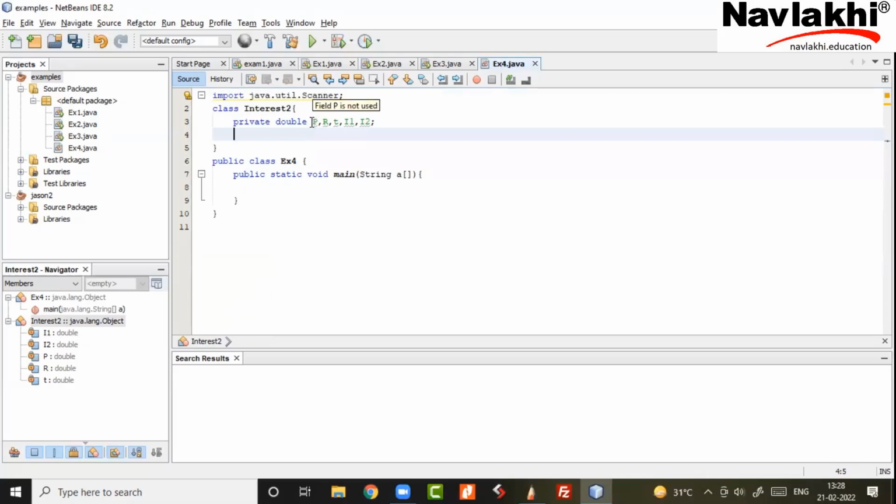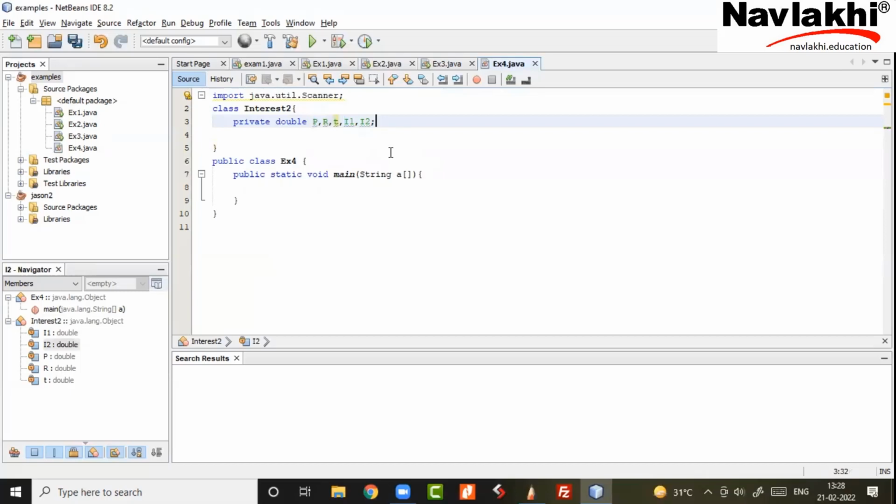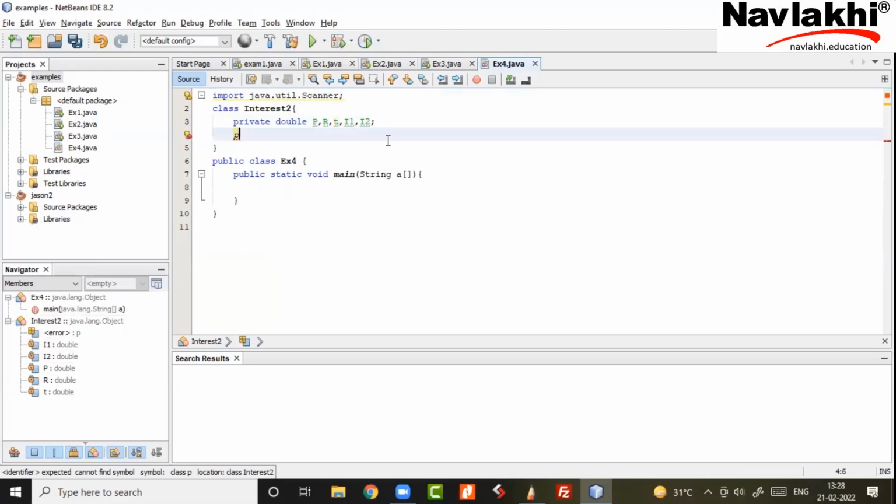Okay, now if you are going to take input, what input you would need? P, T, R, agreed. If you are going to take input, you need P, T, R. And if you are going to take output, you need I1, I2. So अगर input ले रहे हो तो P, T, R का होगा, अगर output ले रहे हो तो वो I1, I2 का होगा. Okay, so we write 5 functions out here. And those functions are interesting. We have an industry practice to call this as set P.